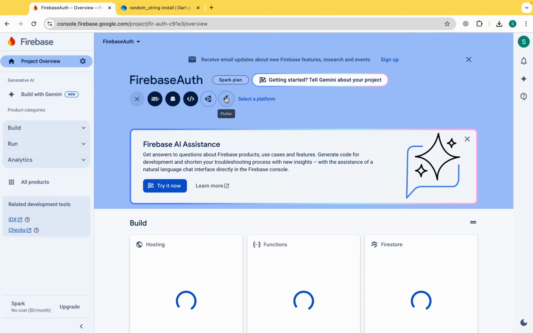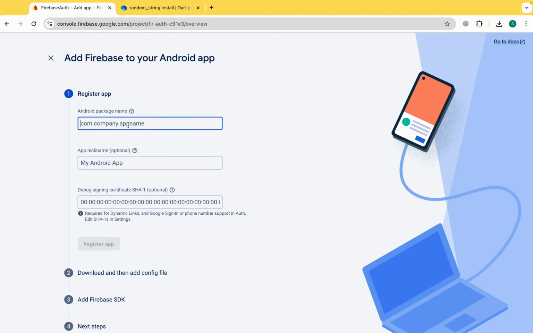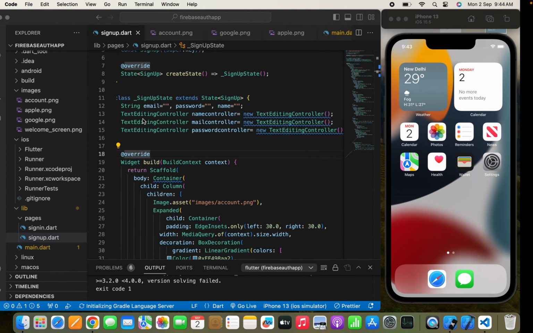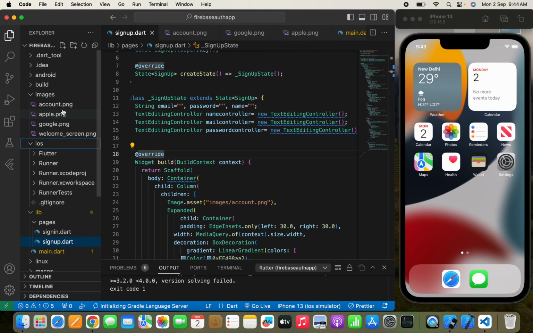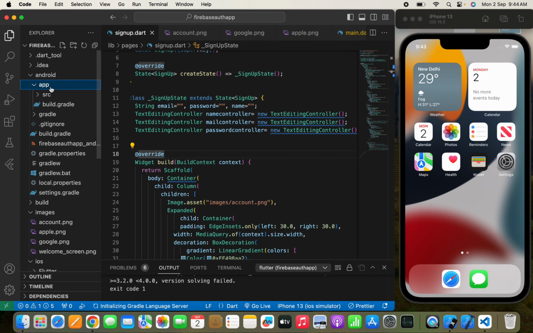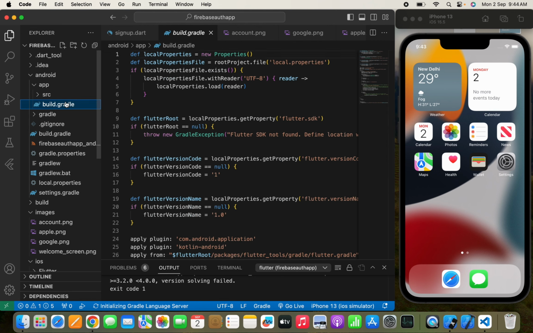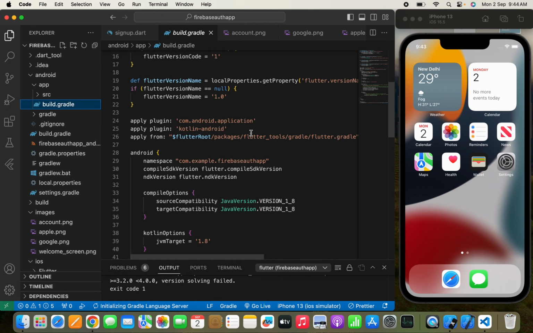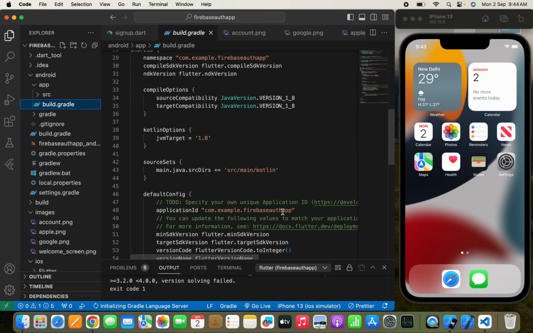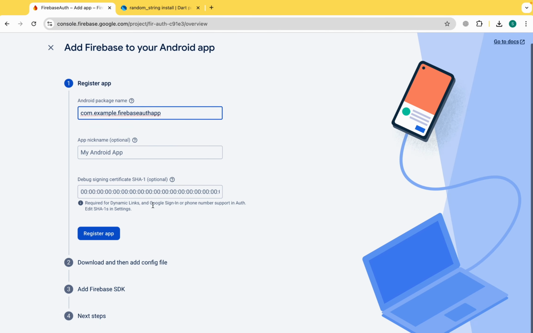Now let's move to the Android app. Now we need to copy this Android package name. So we'll move to the not Xcode, we need to move to the VS Code, and we'll move to the Android folder app build Gradle, I think so, src app build.gradle, and we'll copy this application ID from here and we'll paste it over here. Now click on register app and wait for a few seconds,